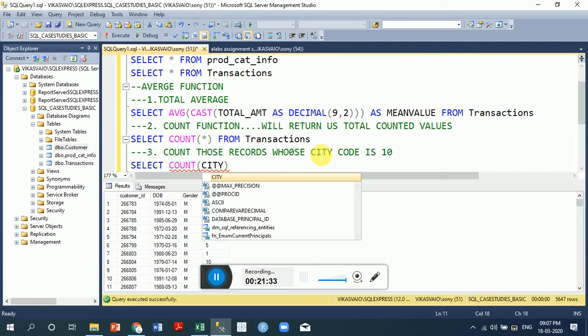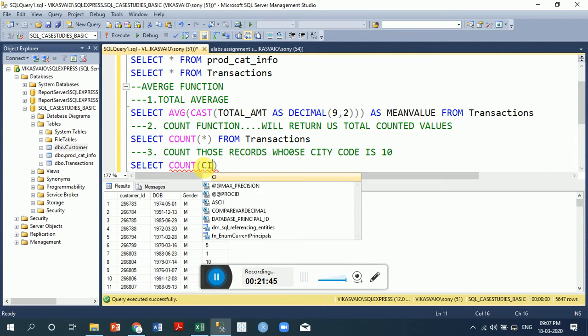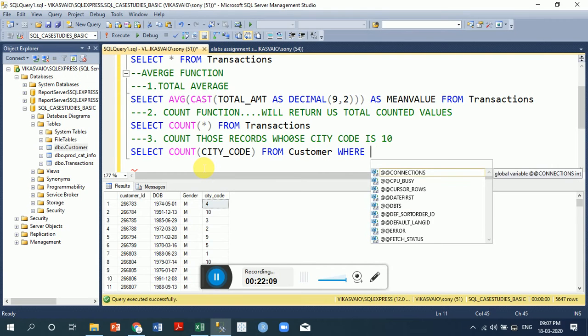Your city code, city_code, your field name, and you select count city_code. So the field name should be correct, city_code, from what? From your customer table. Select count city_code from customer table where what? City code